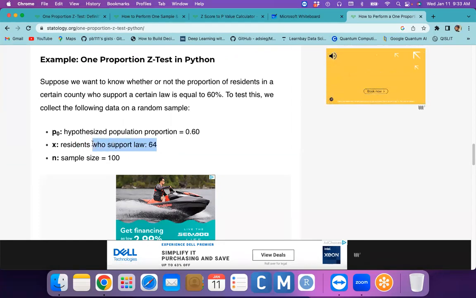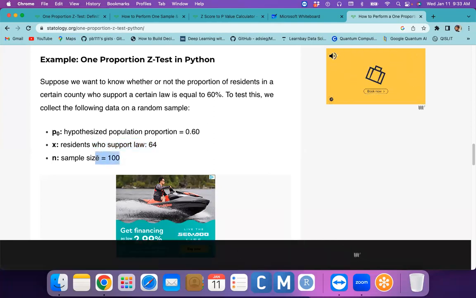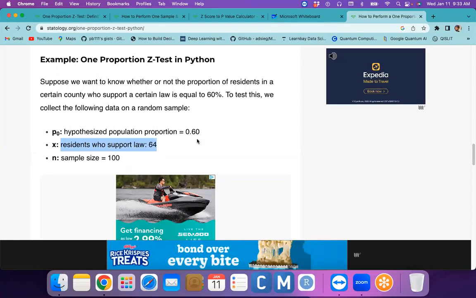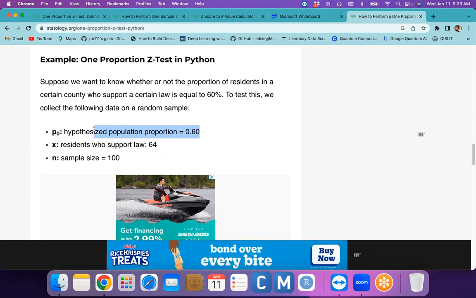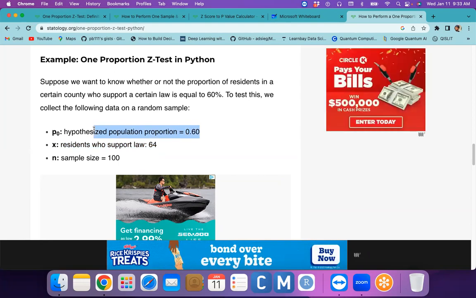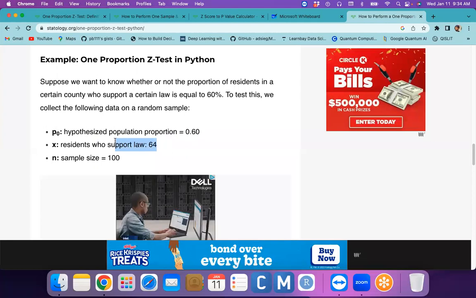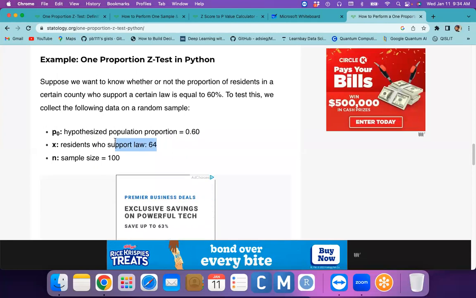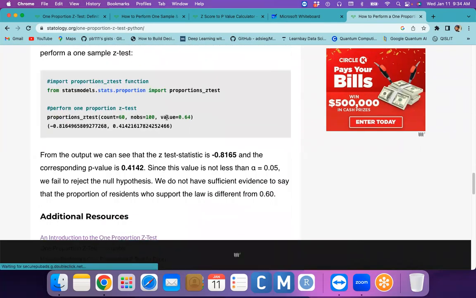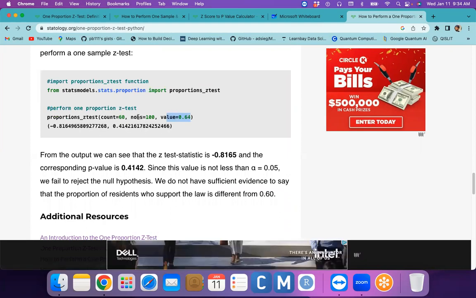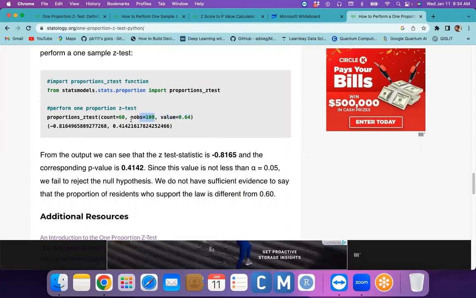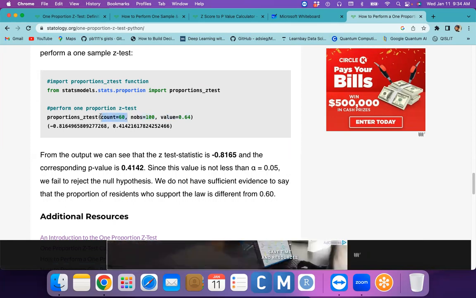Okay, out of 100, you're taking the sample size as 100, right? Out of the 100, 64% of the people are supporting that particular law. This 60% is your hypothesized population proportion from the entire country. Maybe 60% can support that particular law, but whether it is support or not, your population proportion could be 60 or not, that we can test with the help of this. This is your observed proportion, and these are your observed values, total sample size, and this is your population count,